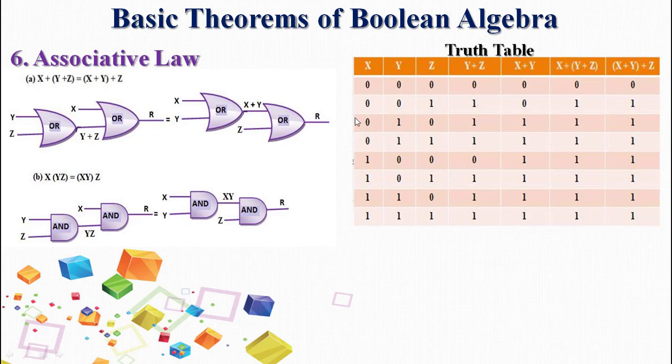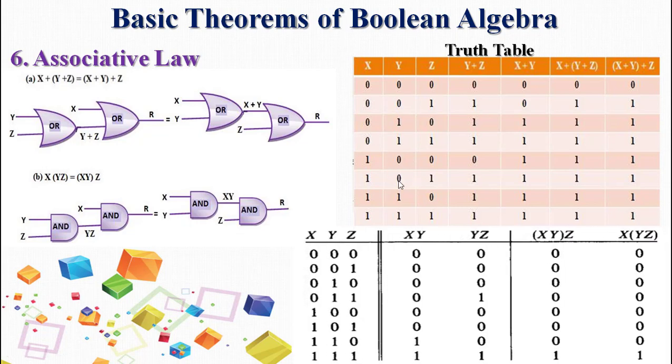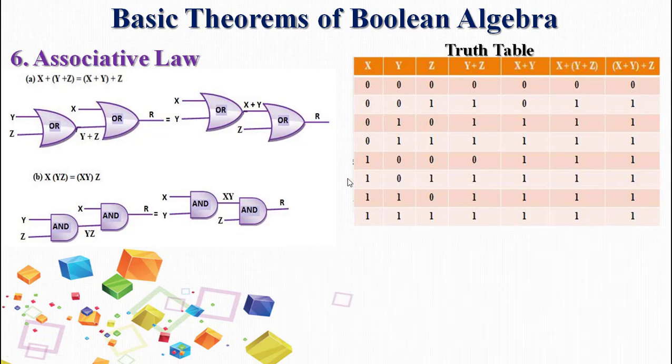How many zeros are there in the x? 4 zeros. How many ones are there in the x? 4 ones. So that is again divided. 4 zeros are divided into 2: 2 zeros, 2 ones. 2 zeros, 2 ones. Okay. So then the 2 zeros will be divided again into 2: 0, 1, 0, 1, 0, 1, 0, 1. That's how you will solve a truth table with the 3 variables.